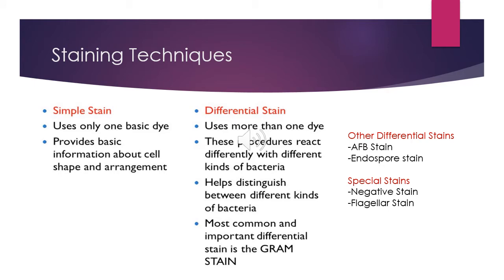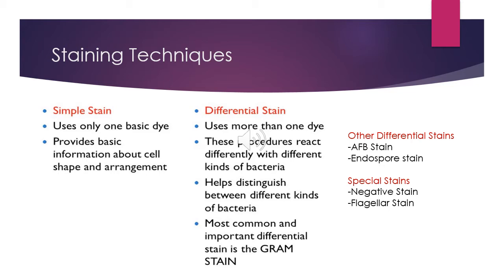We have a lot of staining techniques, and they're different. They are your simple staining and differential staining of organisms. In simple staining, you use only one basic dye. You can choose from crystal violet, safranin, or methylene blue. Differential stains use more than one type of dye. These procedures react differently with different kinds of bacteria, hence, they help us distinguish between different kinds of bacteria